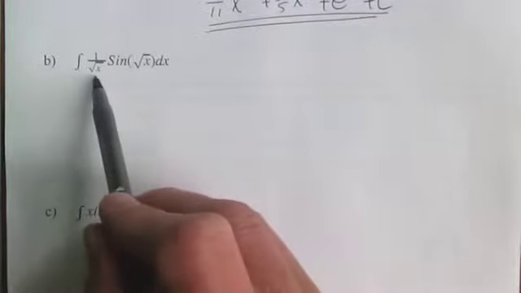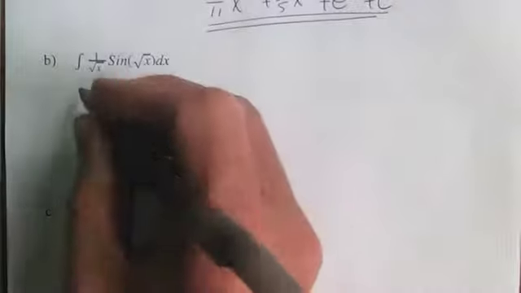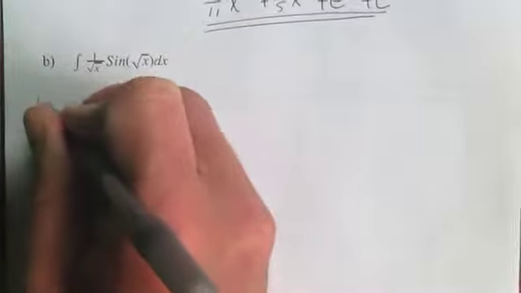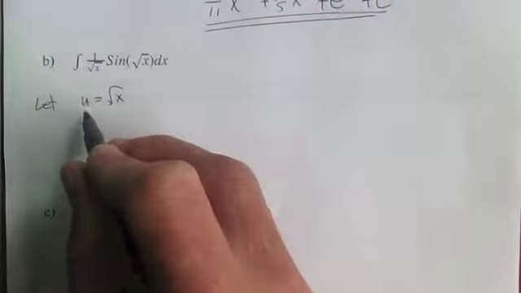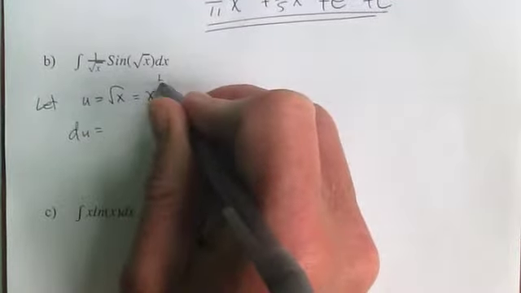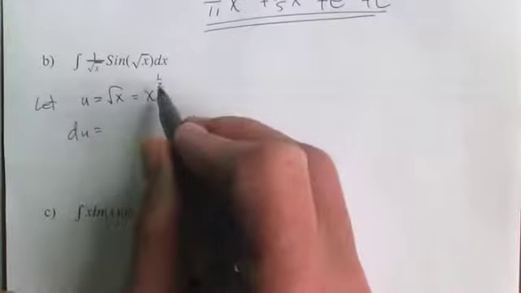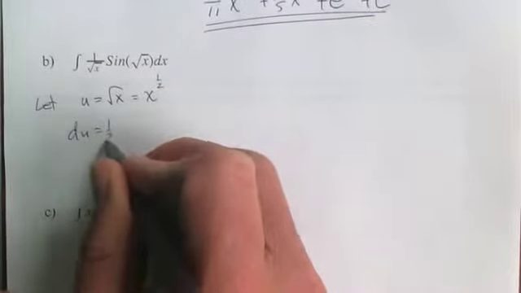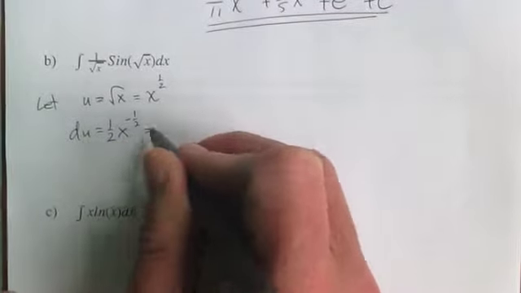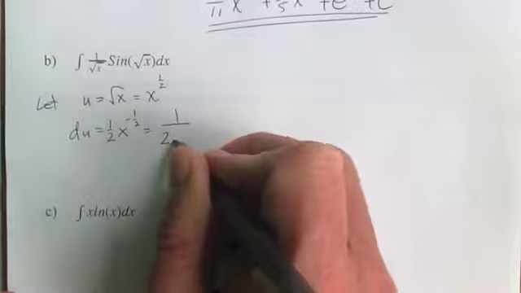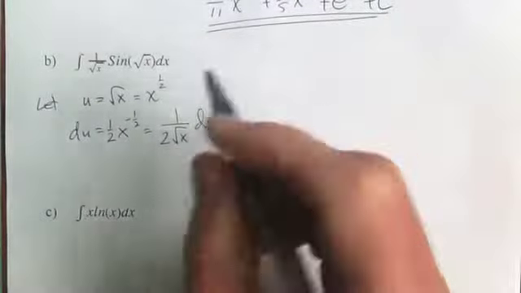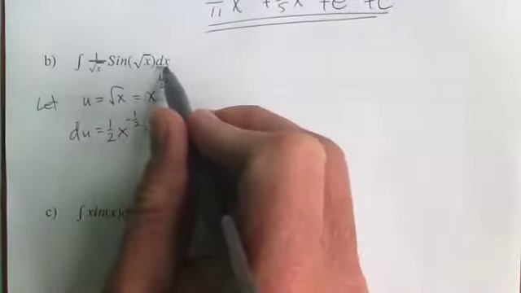So the derivative of this is definitely linked to that. So I'm going to go with u substitution. So I say let u equal radical x. Okay? And then when I take the derivative of both sides, I get du here. Well, radical x is, as I said, x to the 1/2. And when I take the derivative of this, I bring that 1/2 out front. I kick it down by subtracting 1, so that gives me minus 1/2, which gives me 1 over 2 square root of x. Okay? Don't forget the dx,